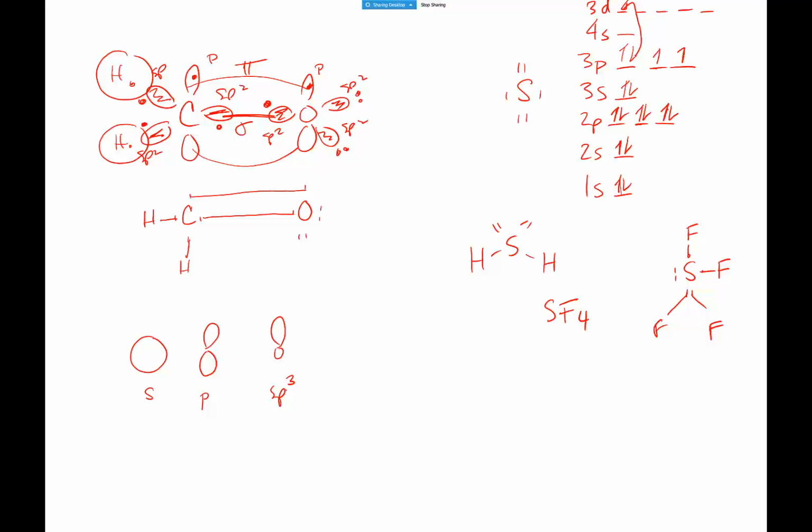Like with a sphere, the electron density is everywhere. I'm going to form a stronger bond if I can concentrate that electron density into a smaller volume. Here, 50-50. But the reason there's a big lobe and a little lobe is because the big lobe now has a concentrated electron density. So when that sp3 orbital, or sp2, or sp, that larger lobe then overlaps, you're going to get